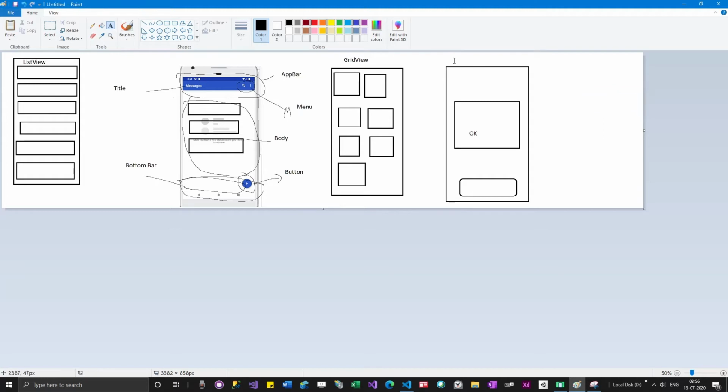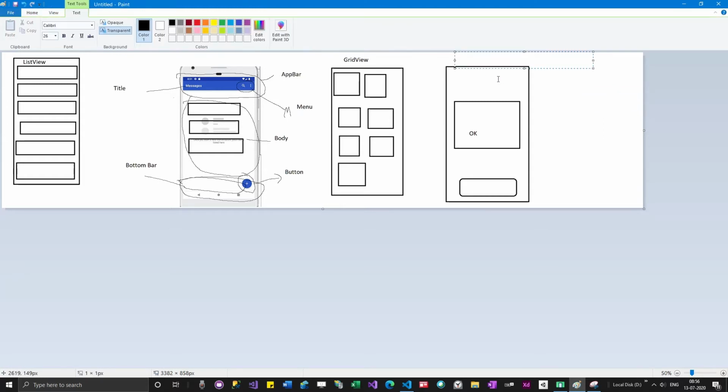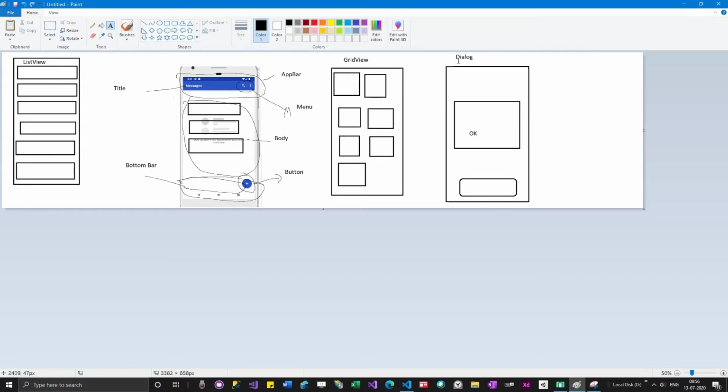Everybody wants to create dialogues because they add a very good user interface. In Flutter it may be called with a slightly different name.